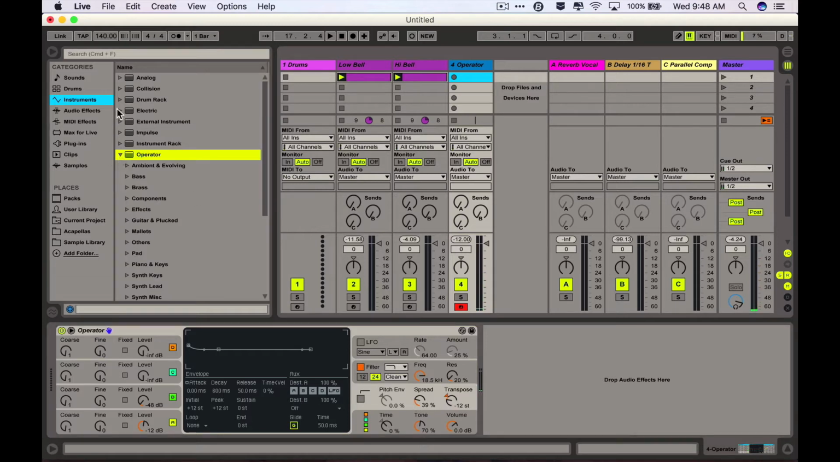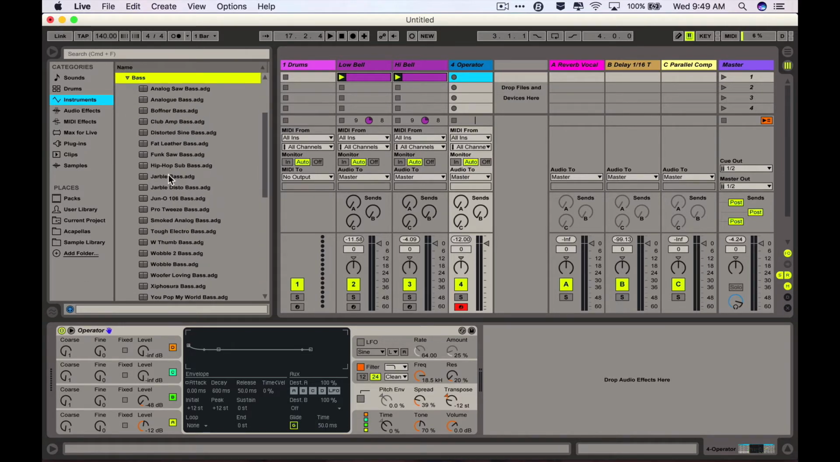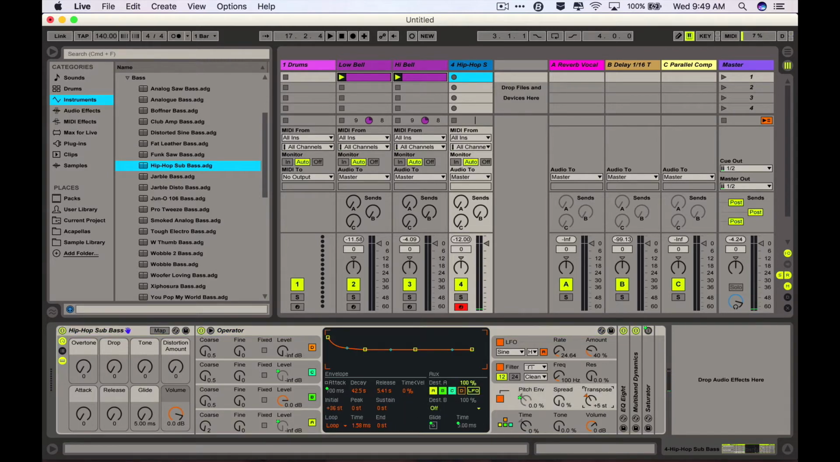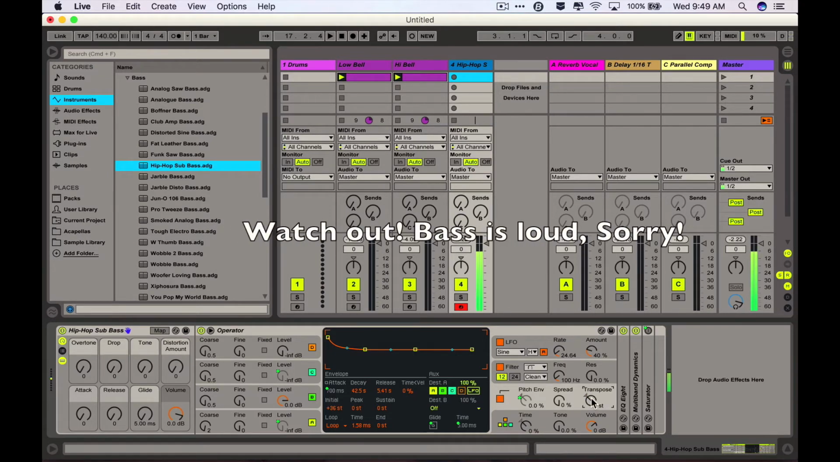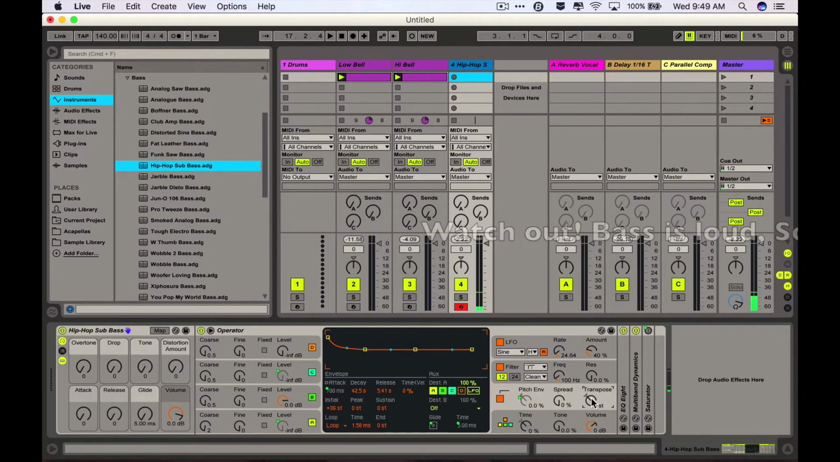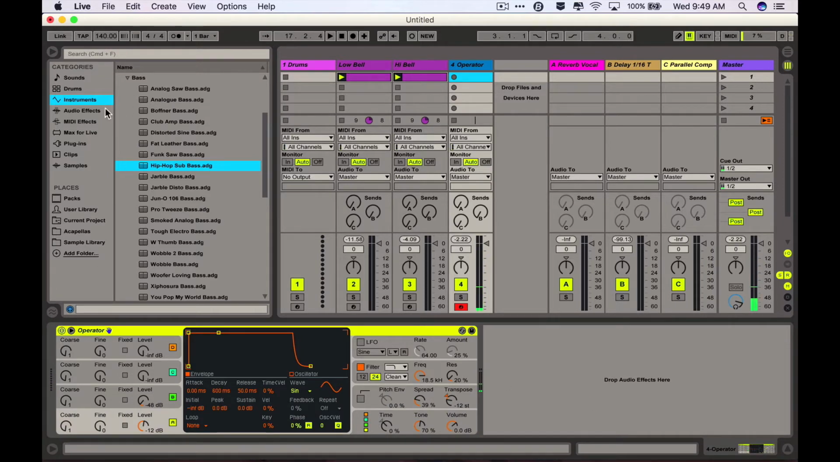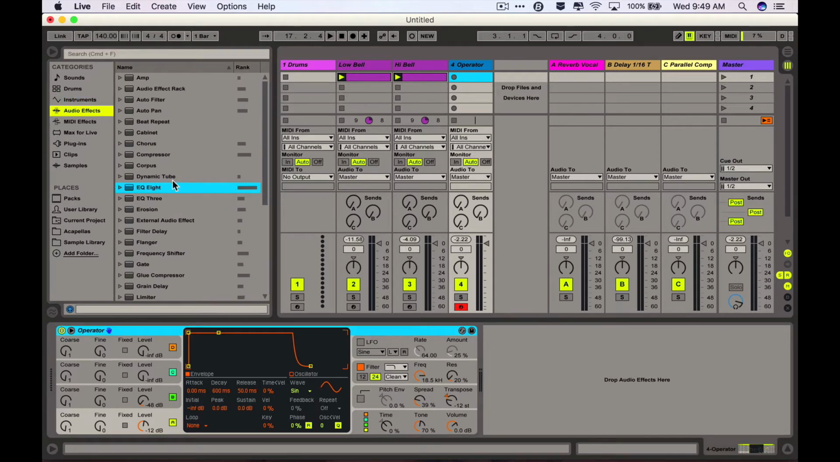We can also go into Instrument Rack, Bass, and go to Hip Hop Sub Bass. Right? It sounds pretty much the same. It's up an octave though, so let's take that down an octave. So it's a similar thing. I'm gonna stick with my little custom sound that I made, and